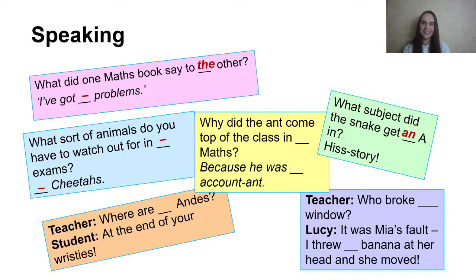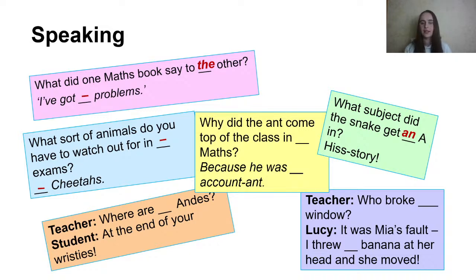Again, all of these books have English jokes and funny stories, and in this box it's the pronunciation that matters. Cheetahs. You know, cheater. It's like the person who cheats during the exam, and it's the pronunciation that matters here for you to find it funny and laugh at this joke. So again, no article. Yeah, for in exams, in general, cheetahs. Again, in general, like the bananas and apples we talked about.